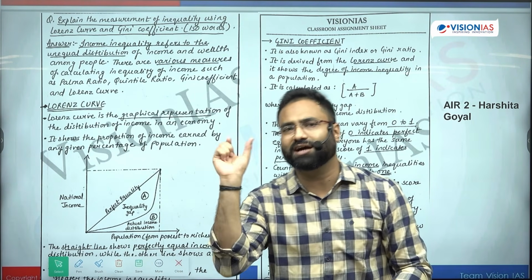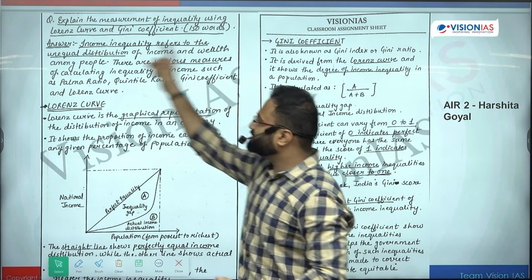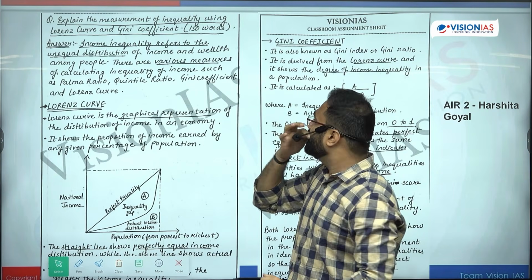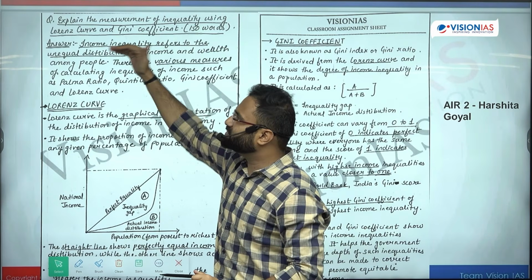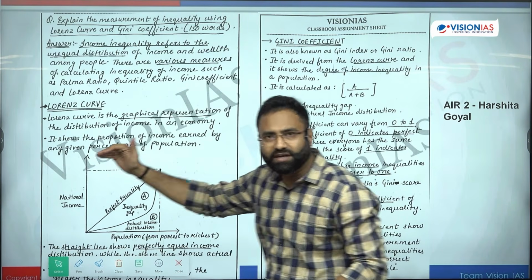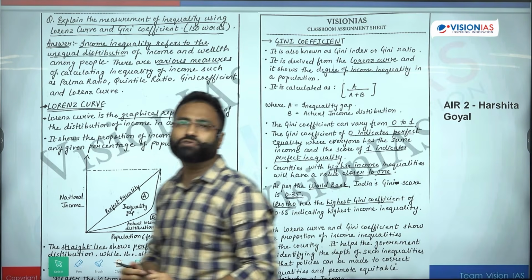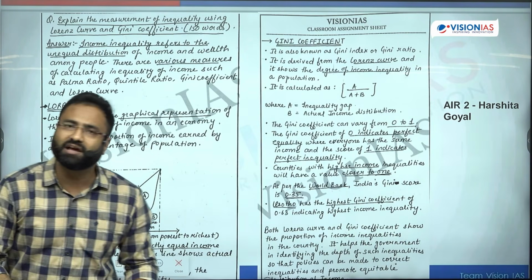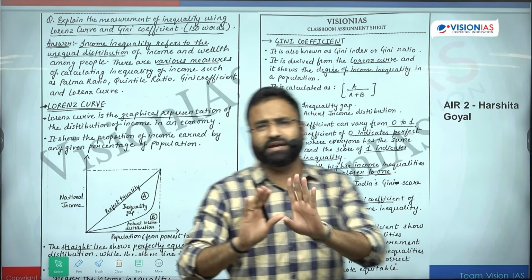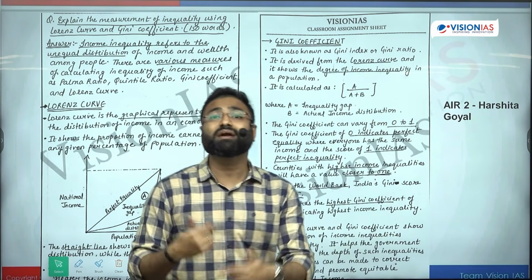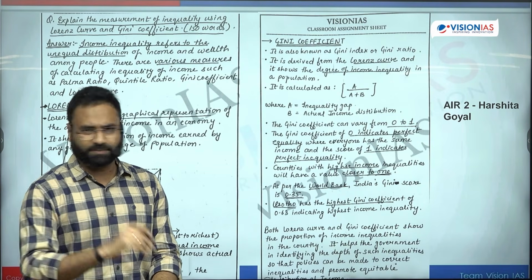First, you have to highlight the measurement of inequality. So basically income inequality she has highlighted. Then the question demanded that you talk about the Lorentz curve and how the curve identifies inequality, and then you have to talk about the Gini coefficient, how this particular coefficient reflects the inequality. So it is a straightforward and comparatively static question. But it is up to us how we can incorporate certain current aspects also.